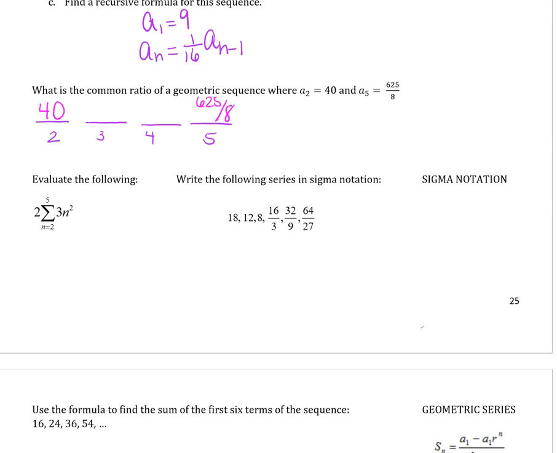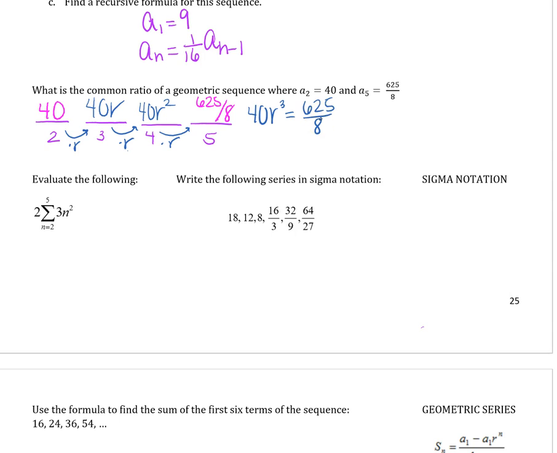Now in a geometric sequence, you are simply multiplying by a common ratio each time to get to the next term. So if I want term 3, I would take 40 and multiply by r. So technically that would be 40r. Then I'd multiply by r again, and that would be 40r squared. And then again would be 40r cubed. So if I take 40 and multiply by r 1, 2, 3 times, 40r cubed is representative of what